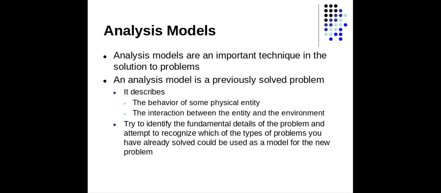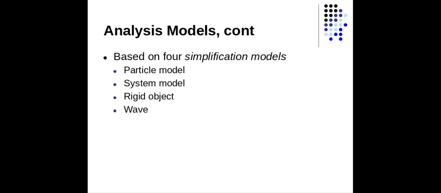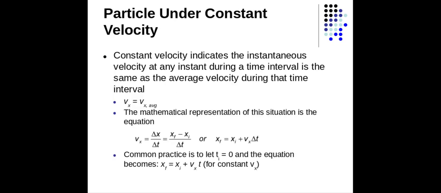And so there are many models that you can look at in order to help you solve different problems. And so if we were to look at what we call constant velocity, this would mean that our instantaneous velocity during a certain time interval is going to be the same as the average velocity during that time interval. And so that was represented by Vx equals Vx, average. So our mathematical representation would be the change in x over change in t, or our final velocity minus our initial over our change in